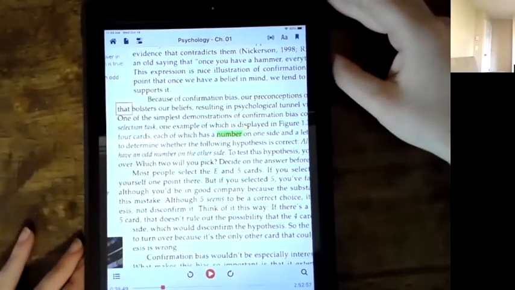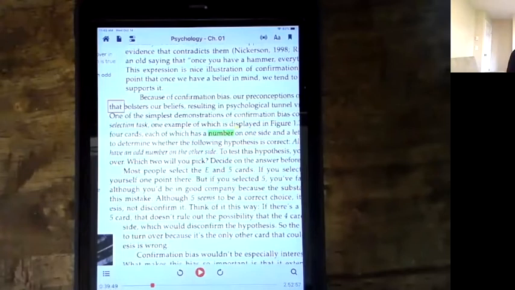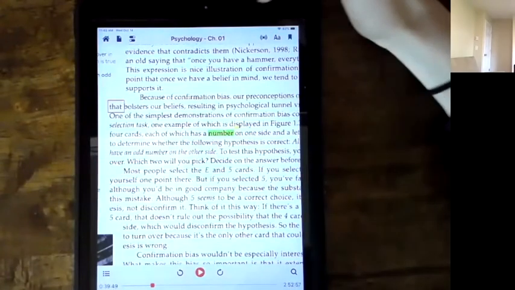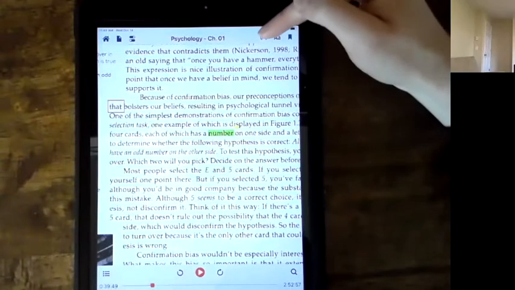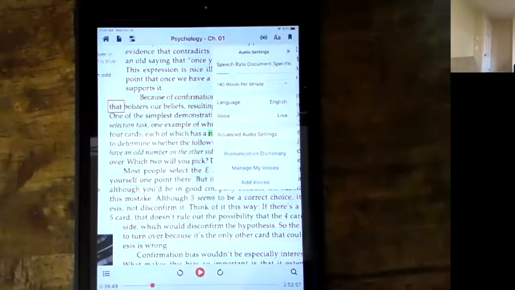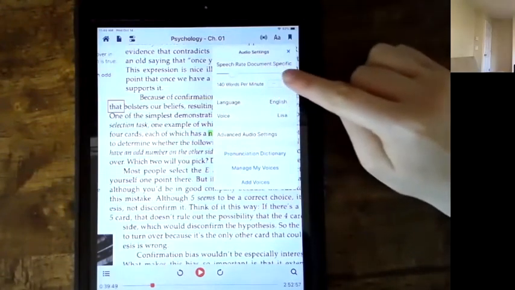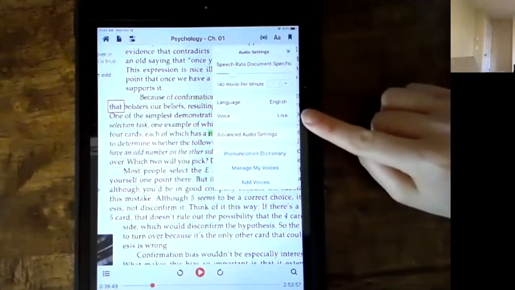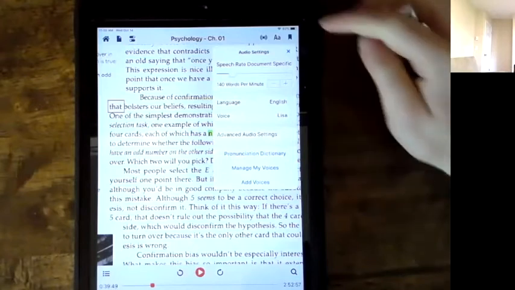To control some of the visual and audio features of VoiceStream Reader, there are your options up here at the top right of the window. I'll select the antenna icon first. So then it pops up with this audio settings window. From here, I can control the speed. So I can make it faster or slower. I can change the language or the voice. And there's also advanced audio options that you can look at as well.